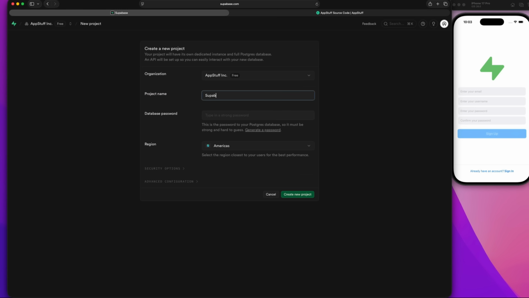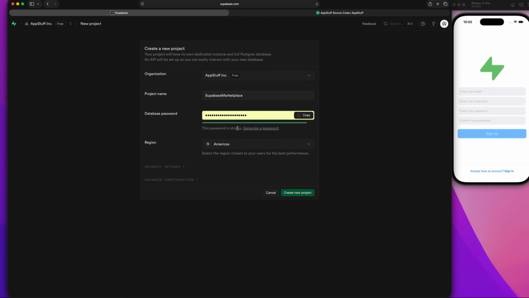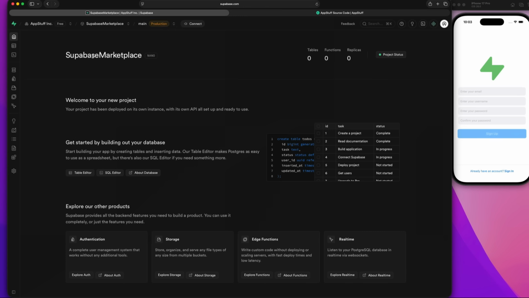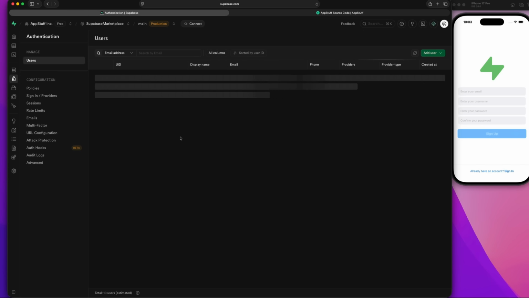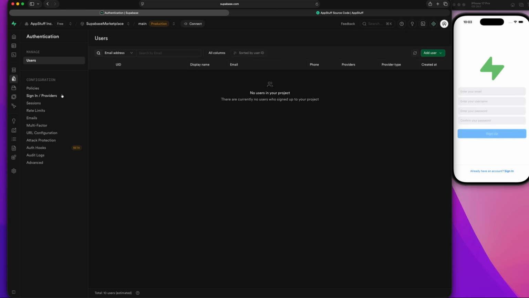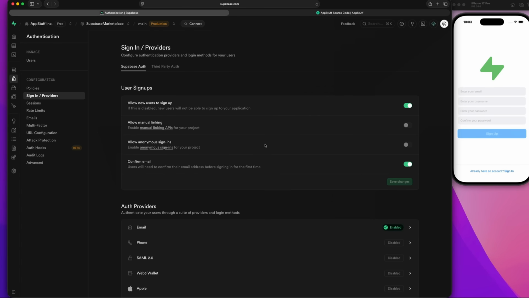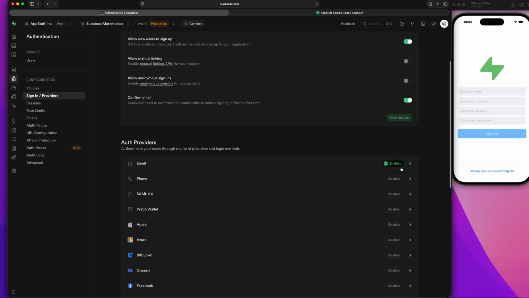This is going to be called Supabase Marketplace, and we're just going to create a password, and we're going to say create new project here. So here's our project. Once you guys have done that, we're going to go to this left panel, and we're going to go to the authentication tab. So we are then going to go to sign in / providers, and you should see that email is already